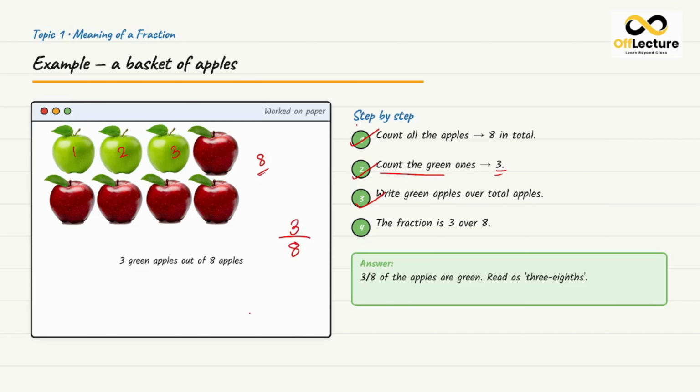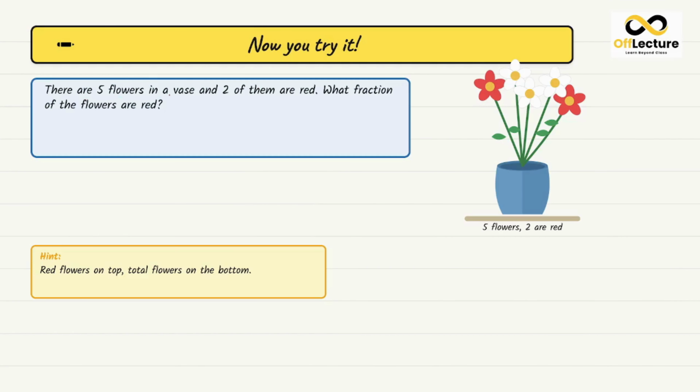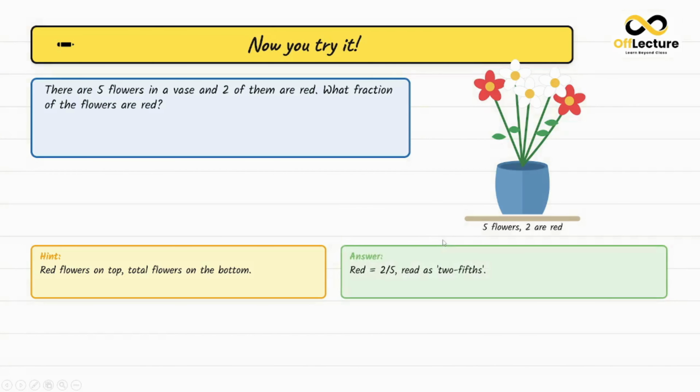Now you guys have to try it. There are 5 flowers in the vase and 2 of them are red. What fraction of flowers are red? If you see, this is a vase out of which there are total 5 flowers and 2 are red, 1 and 2. So you have to tell us what fraction of the flowers are red. The hint is very easy. Red flowers will come on the top and total flowers will come at the bottom. So if we see, the answer is